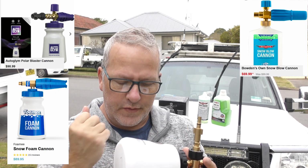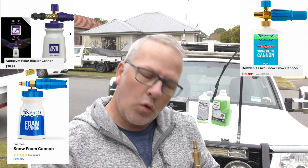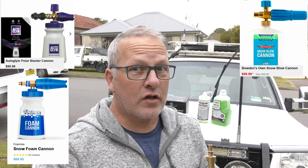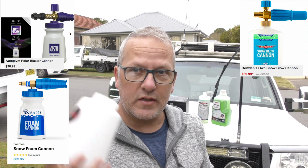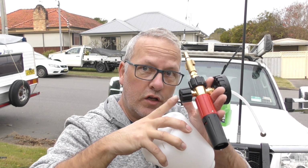The Foamy, I think, cost me around about $99. I was in Supercheap, and whilst I had the Bowden stuff down on sale, you're normally looking around about 100 bucks for that as well. So it's about 25 bucks, three quarters the price of the others. Benefits over the Foamy, you've got your control here, as far as being able to control the amount of foam